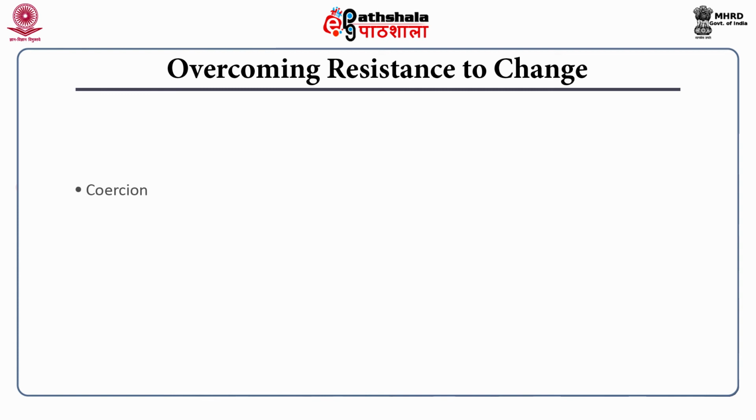Another strategy is coercion. This strategy involves threat and may be used in exceptional cases when all other strategies prove unsuccessful. Explicit coercion or threat like loss of jobs, dismissal, transfer or loss of promotion, and implicit coercion like issuing statements with the purpose of creating fear of business going bankrupt, compel people to accept change.